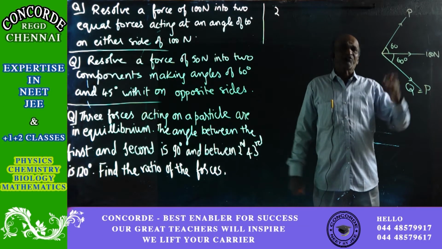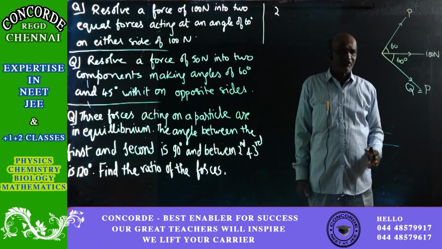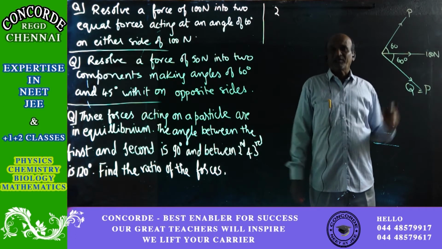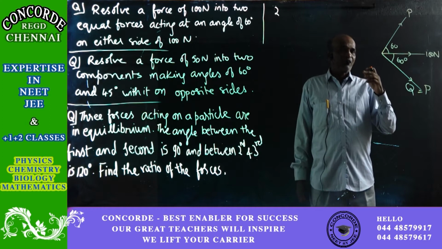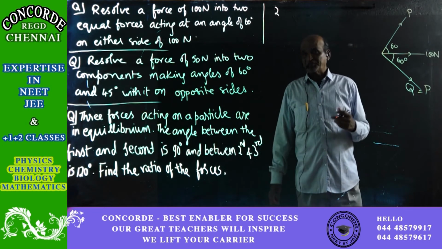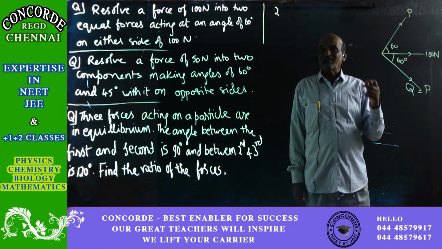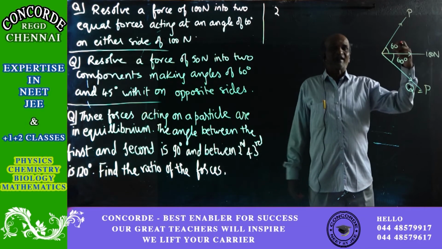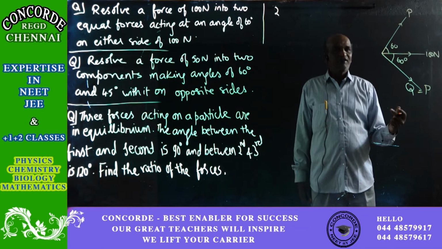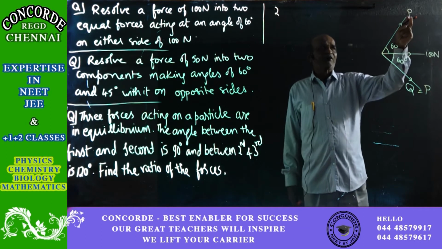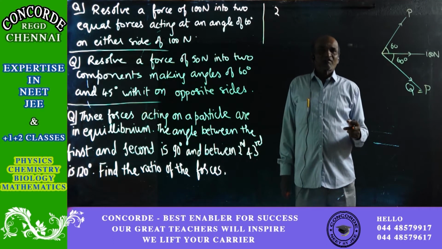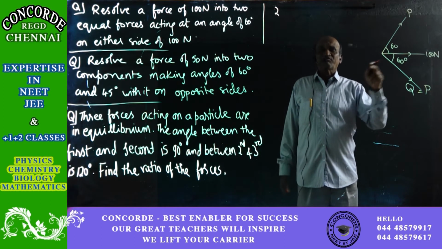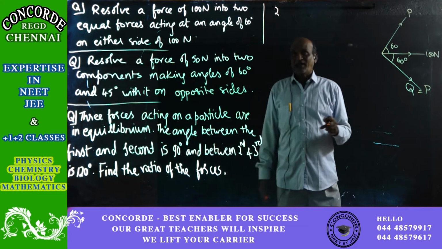Otherwise, you can use many equations that are there for it. R square is equal to P square plus... Otherwise, we have got P sine alpha from the resolution of forces. P sine alpha is equal to the resultant into sine of the opposite angle divided by the sine of the total angle. So like that, there are many methods by which you can prove that when there are two forces, they have got to be equal when they are making equal angles from the resultant on either side.